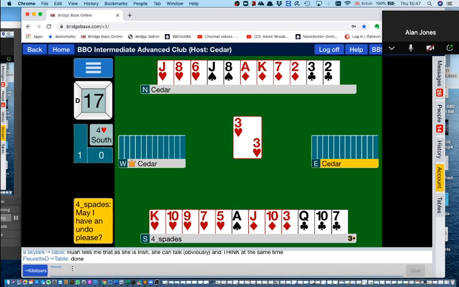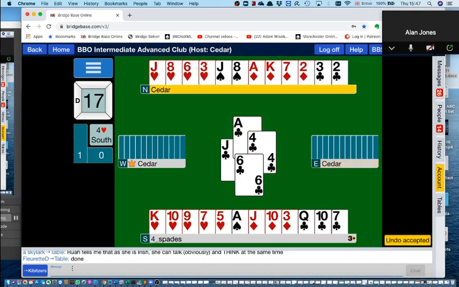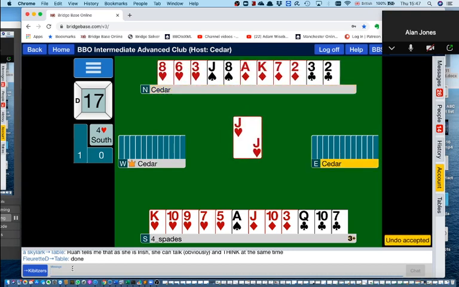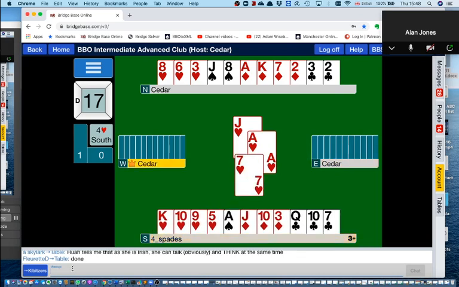Never mind. You did lead the 3. Oh, you're asking for an undo. You want to try. Yeah, okay, fine. So I say, I think it's better. You can afford it, and it's not really that you're trying to, you're just hoping for it. But you're absolutely right. He does have the ace, and there's no way he's going to let his partner